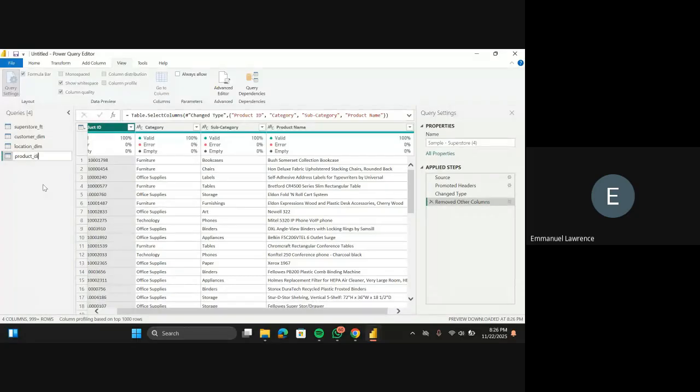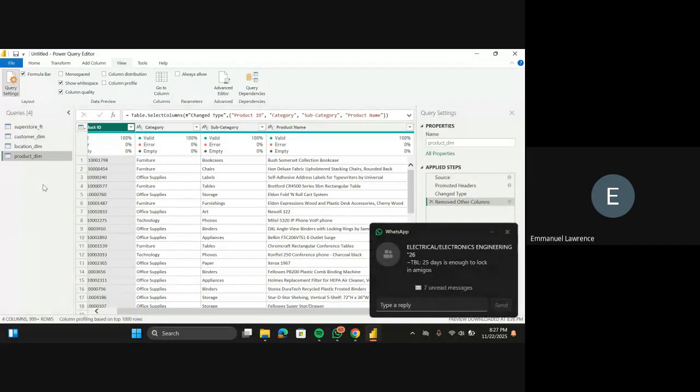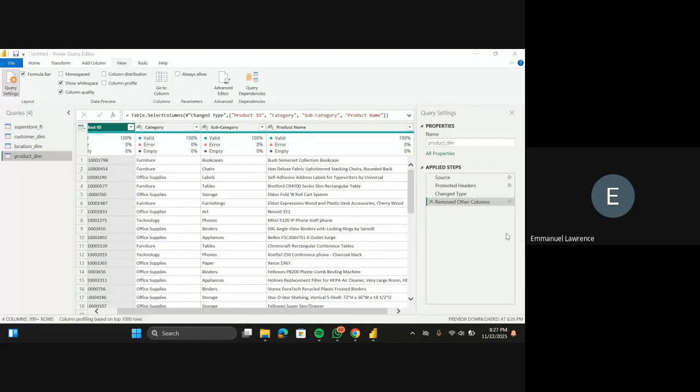So now you have heard me saying fact table and dimension table. So what are fact tables? Fact tables are tables that contain numerical data. So they contain quantitative and measurable data. So any data you are seeing, maybe the sales, the profit, the date, they just contain numerical data, and they also contain foreign keys. So that's what fact tables are.